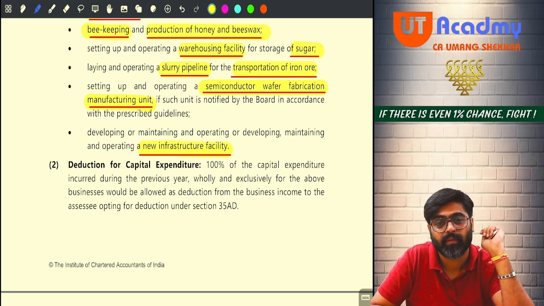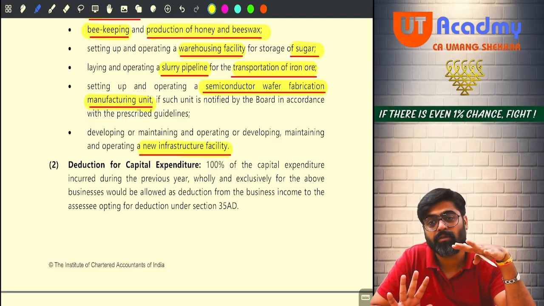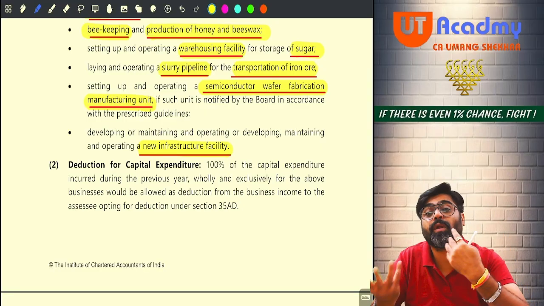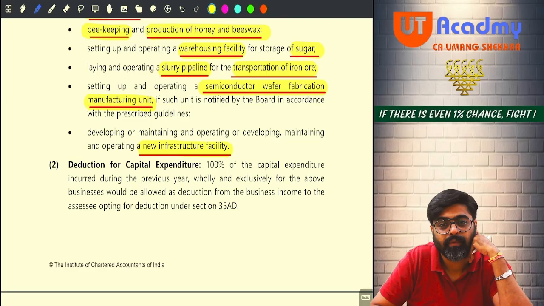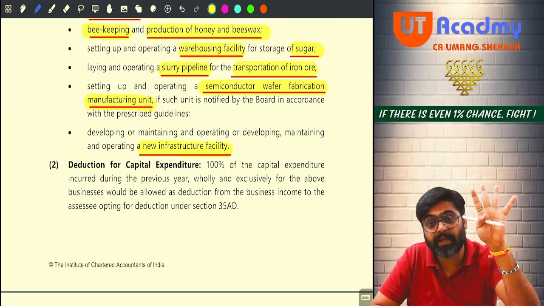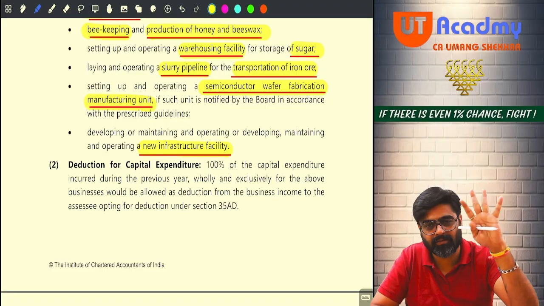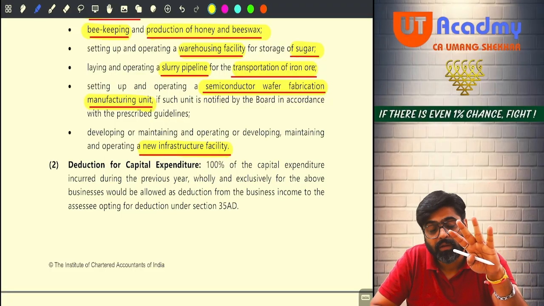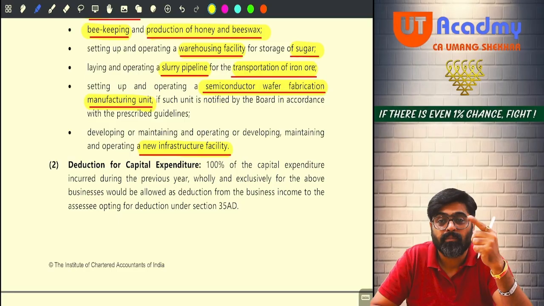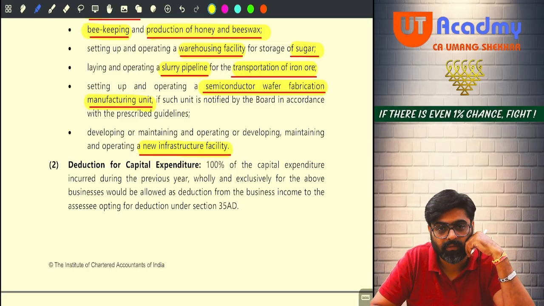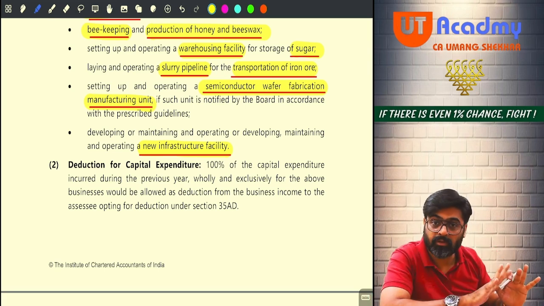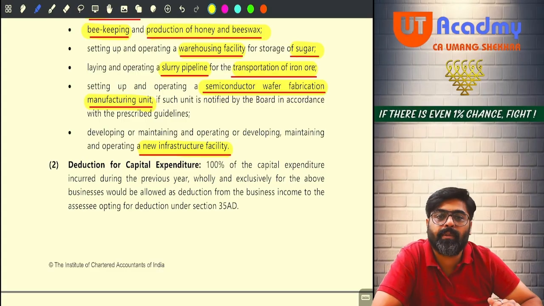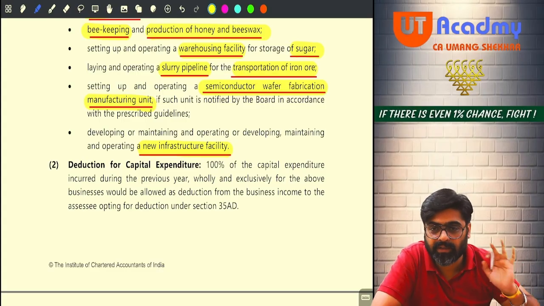Getting my point? What you will do? You will construct a metro. Your business is just to construct, just to develop. Metro is a new infrastructure facility. Or your business is just to maintain, repairs and all, maintenance. Yes or no? Or your business is to run that metro smoothly, operations. Or you are in a business where you are developing also, you will maintain also, and you will operate also. Getting my point? Any new infrastructure facility.